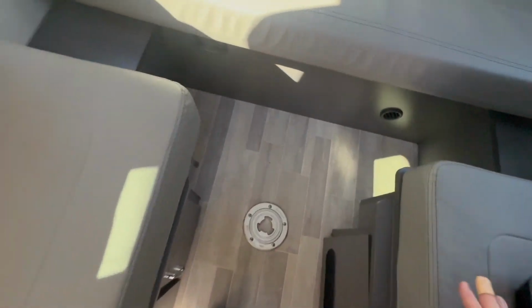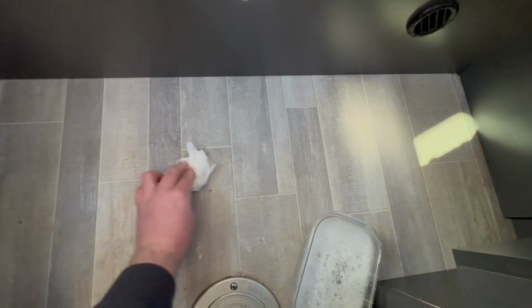Usually I just use a Swiffer wet mop, just go through it real easy, and it usually cleans real easy. Even the Swiffer mop was kind of catching areas of the floor, almost like the friction of the floor was pulling the mop off the Swiffer. Using hot water and Simple Green, I was still really struggling to get these things off, and it made me